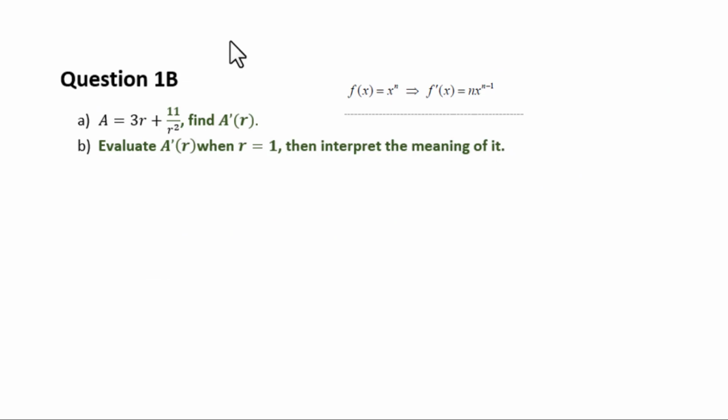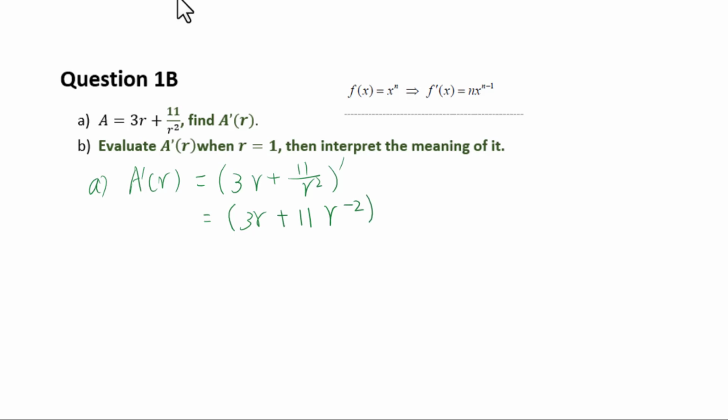Let's go to question 1b. A equals 3r plus 11 over r squared. Find A prime of r. A prime of r equals 3r plus 11 over r squared, prime. Make sure you change every single term into single power form: 3r plus 11 r to the negative second power, prime. We have to use the power rule of derivative,